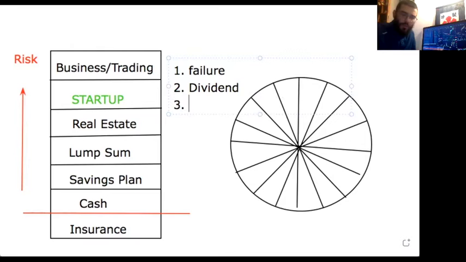number three, which is a buyout, right? Some sort of buyout. Or number four, an IPO, right? An initial public offering. These number three and number four is how startup investors make most of their money. And the idea is that about 20% of startup investments will go this